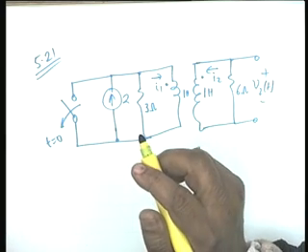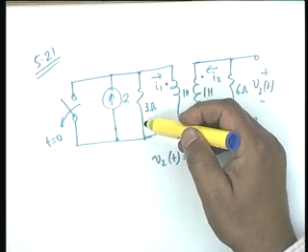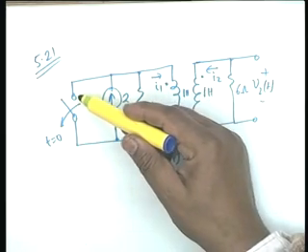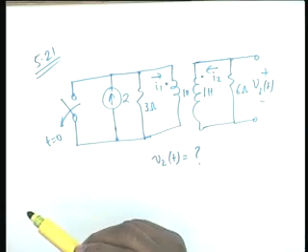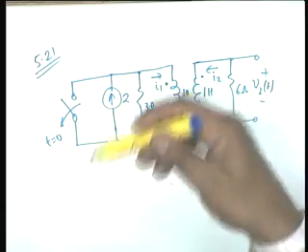1 ampere. Isn't that right? Because at 0 minus everything is steady, this acts as a short circuit, this is also a short circuit. No current will flow through 3 ohms. And half of this must flow here, half of this must flow here. But it says that the inductor has been so constrained that its initial energy is 0.